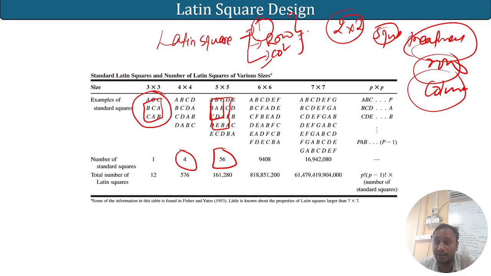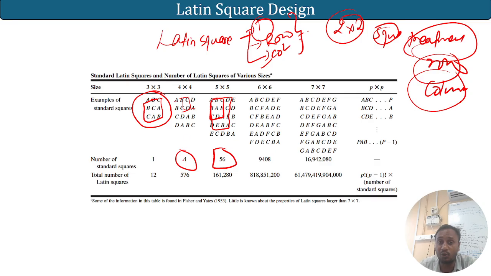If we talk about the RCBD, 2 by 2 can go, because only one factor we are controlling, one treatment, one factor. But here we can't. So here is a 3 by 3 matrix, then another 3 by 3 matrix here. So in total we can make 4